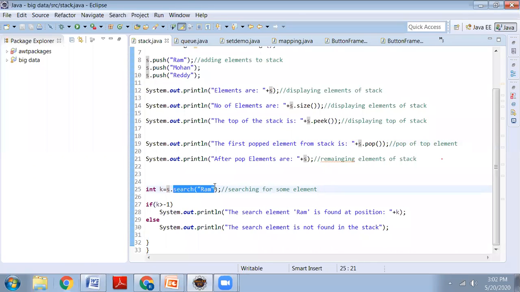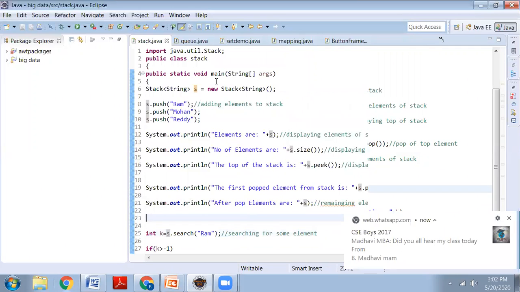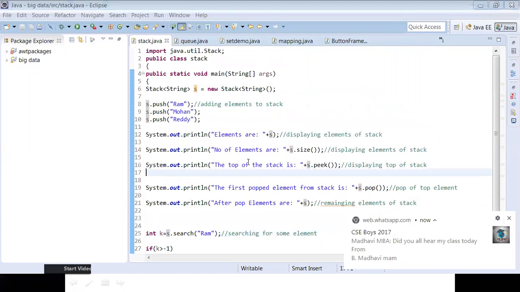That is the simplicity. When we create a linked list or stack using the Java collection framework, the work of the programmer will be reduced. The program will work more efficiently and also the work of the programmer will be reduced. That is our second concept, stacks, and how to create stacks. Is it clear, guys?